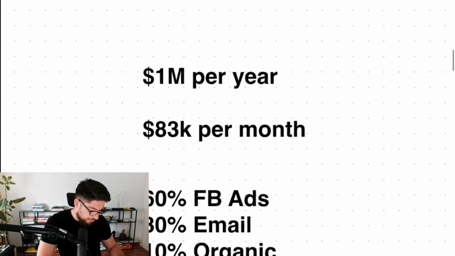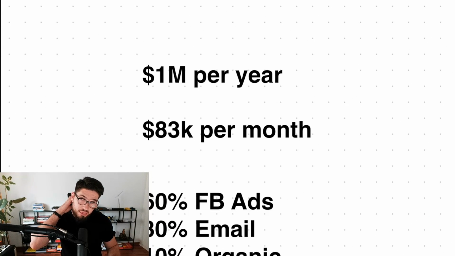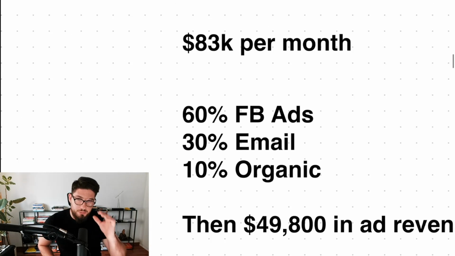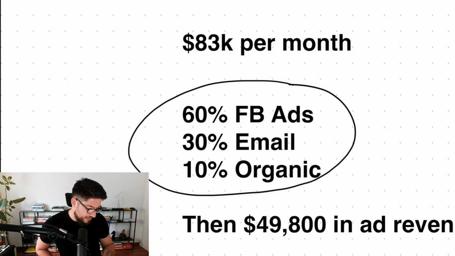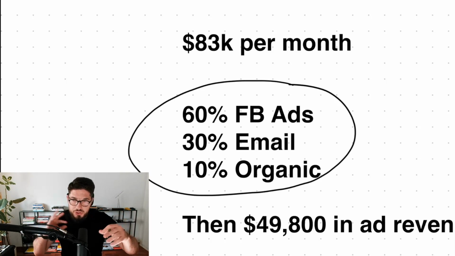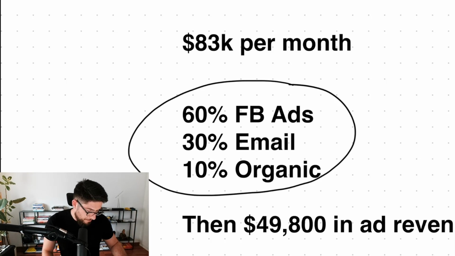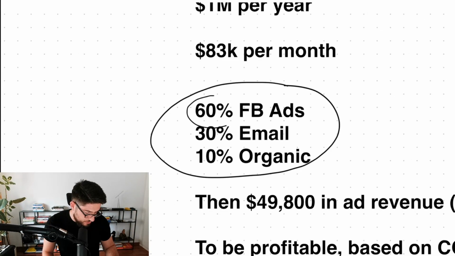$1 million per year is gonna be 83K per month if we break it down into a monthly revenue average. And then if we assume a distribution of revenue sources that is very simple, 60% from ads, 30% from email, 10% from organic. I'm not gonna complicate it with Google Ads and attribution and stuff like this. We're gonna say it's like that for the case of the example. So if we assume 60% comes from ads, and this is gonna be a focus for the video, then we have that